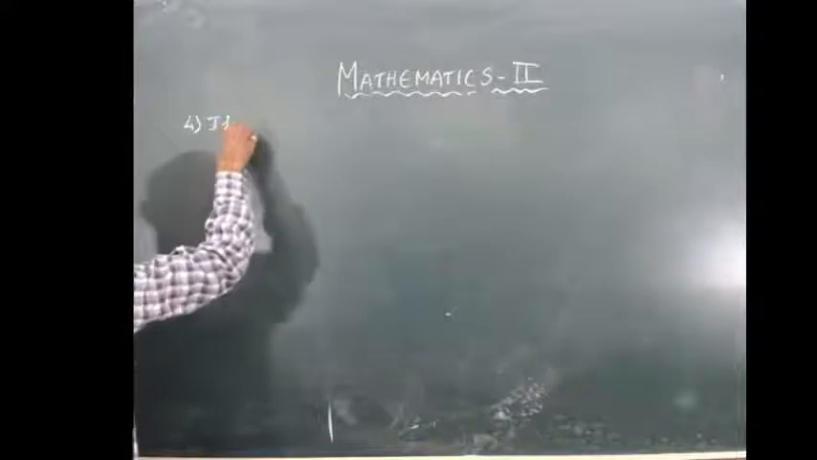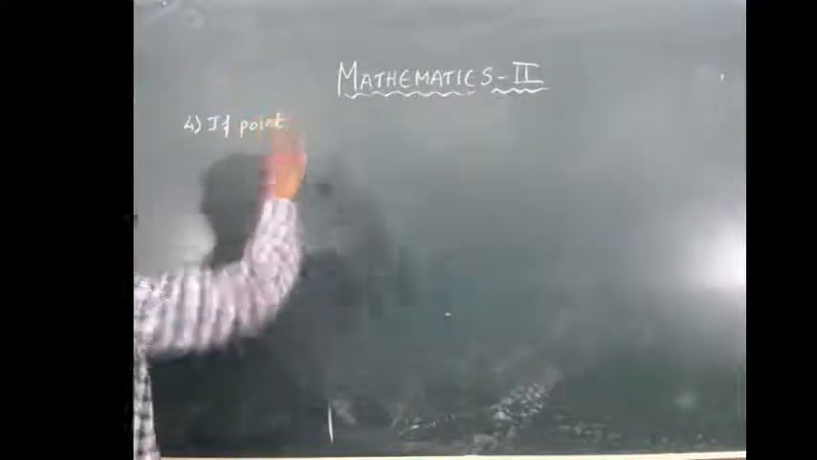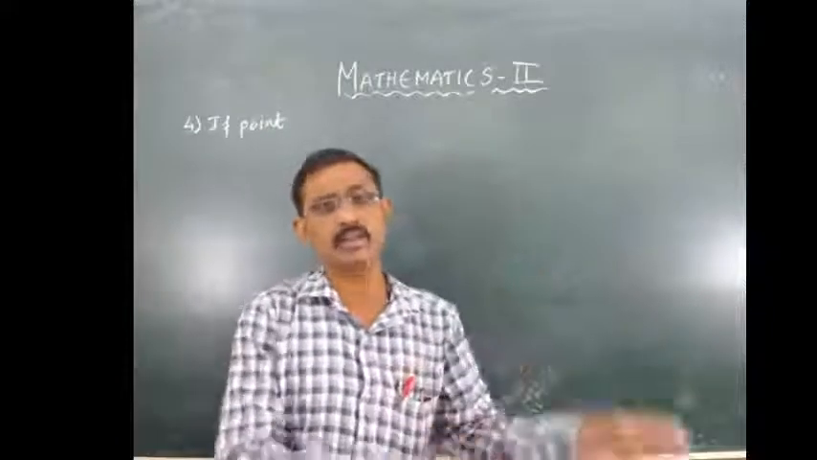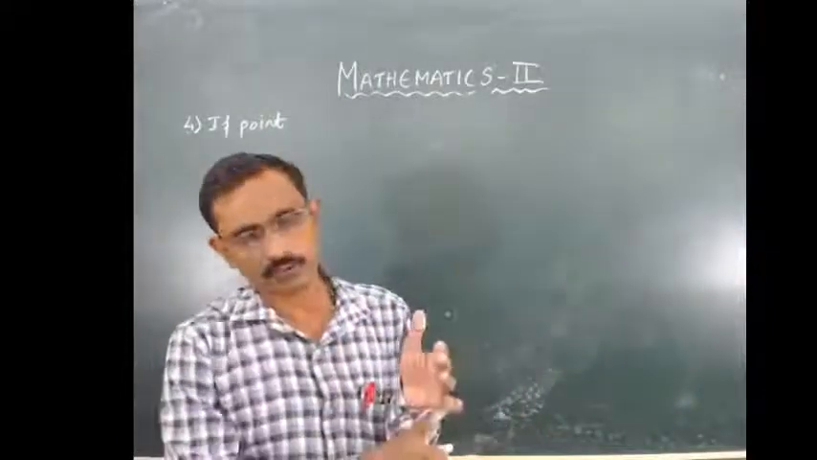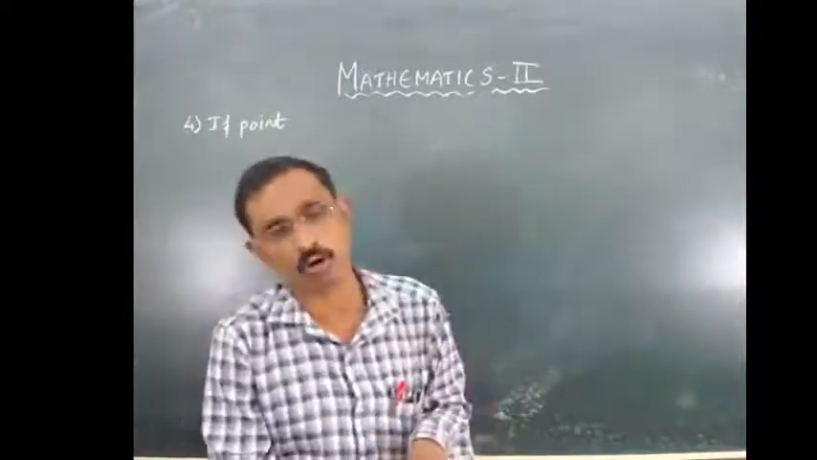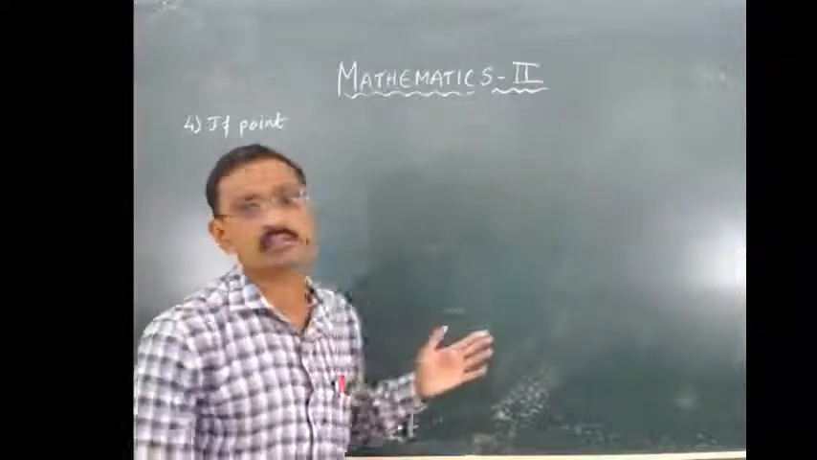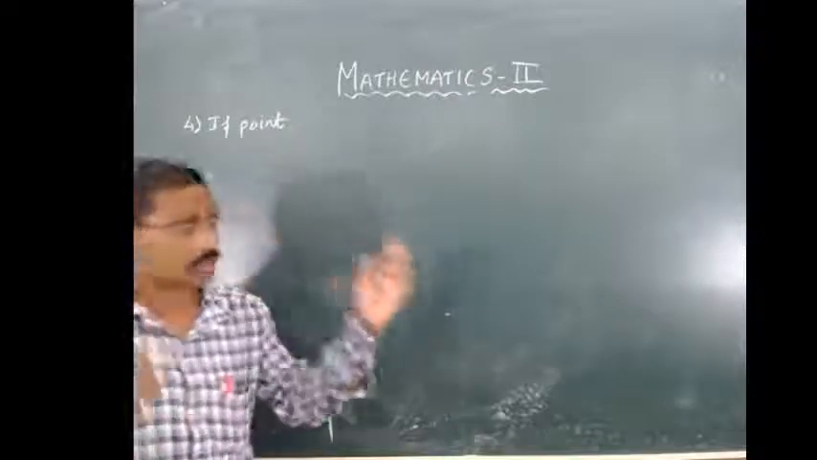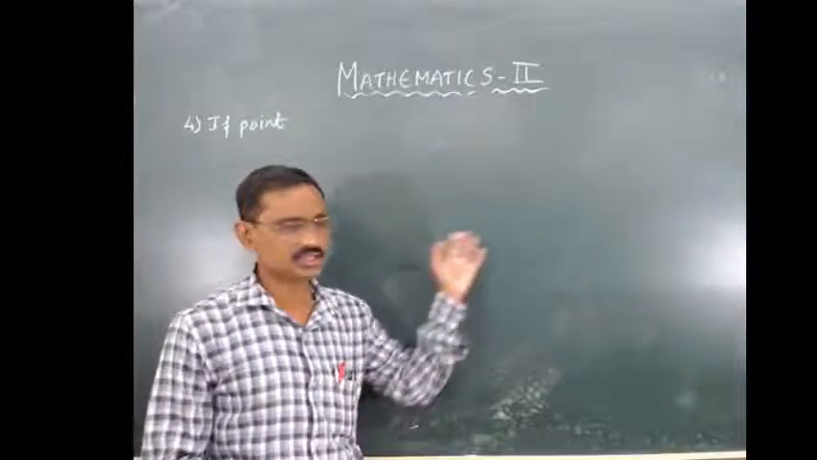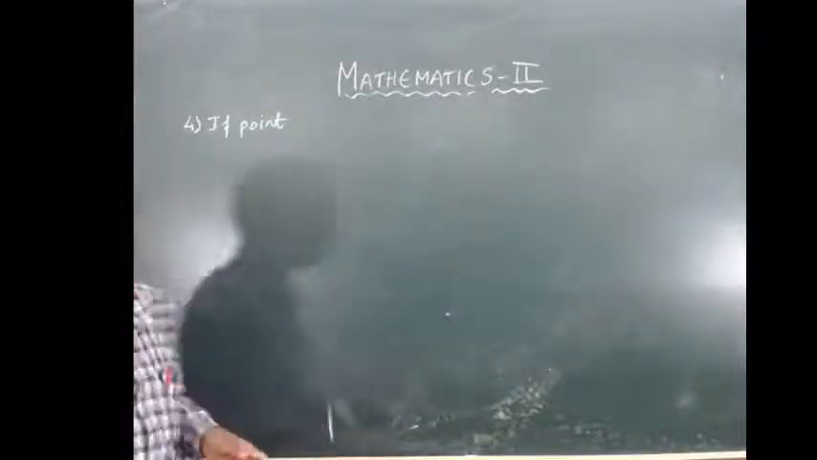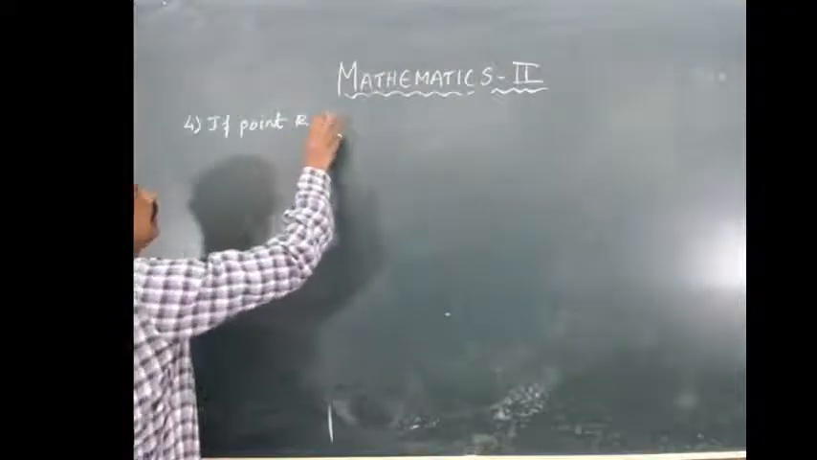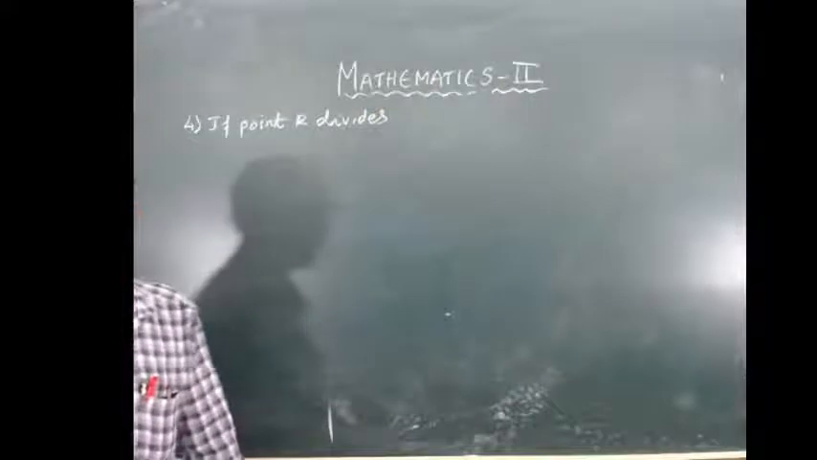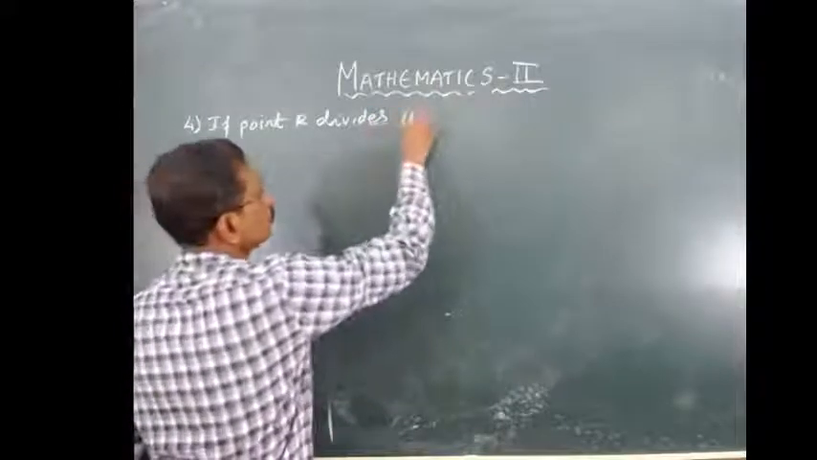In coordinate geometry, normally you will be getting a point that divides a line segment. There are coordinates given to you and you have to find their coordinates. The centroid also we will be taking. We have just now taken the midpoint formula. We will now take the section formula. All these things we will be solving point by point. If point R divides the segment PQ,